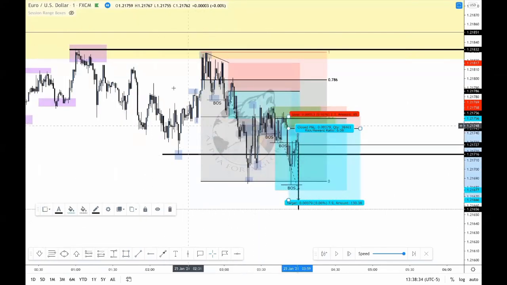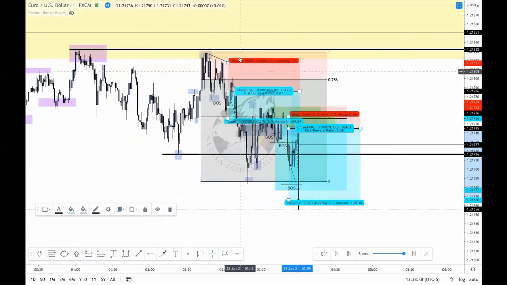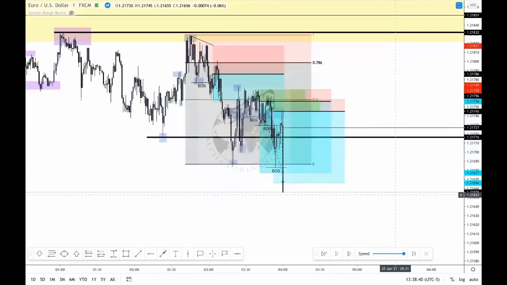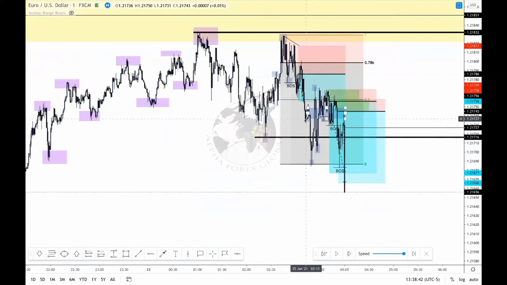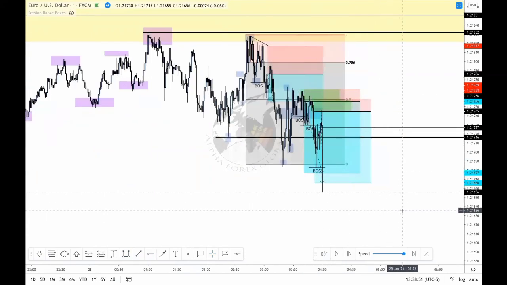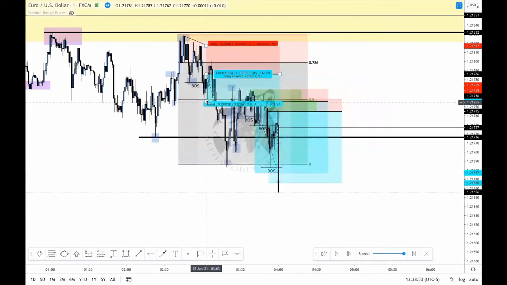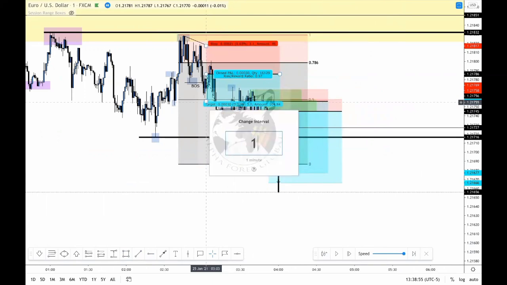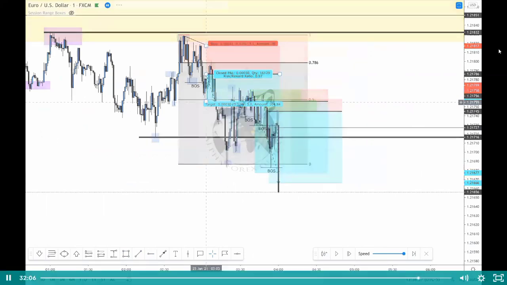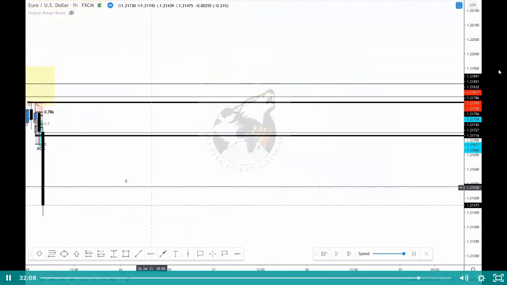And now notice we broke out of this 5-minute zone, so the market is now in a downtrend on the 5-minute overall. Well, we were in a downtrend from the moment the market broke here, and then it created this lower high, and then the market pushed down, right? So that's 3 entries, and we are going to go on the 1 hour time frame to actually set our target, because remember our target is,